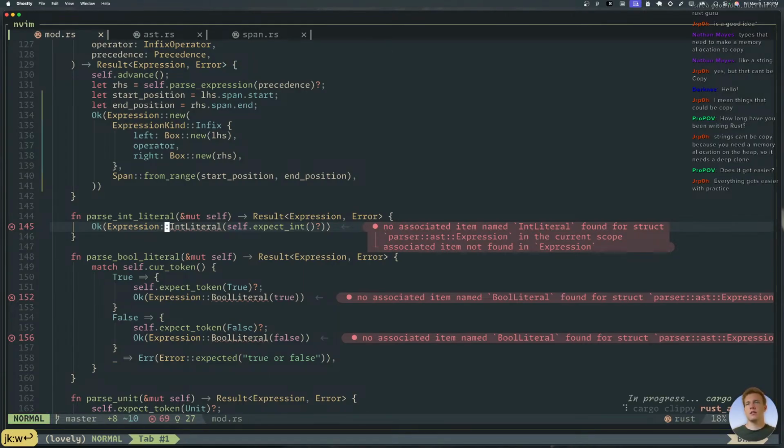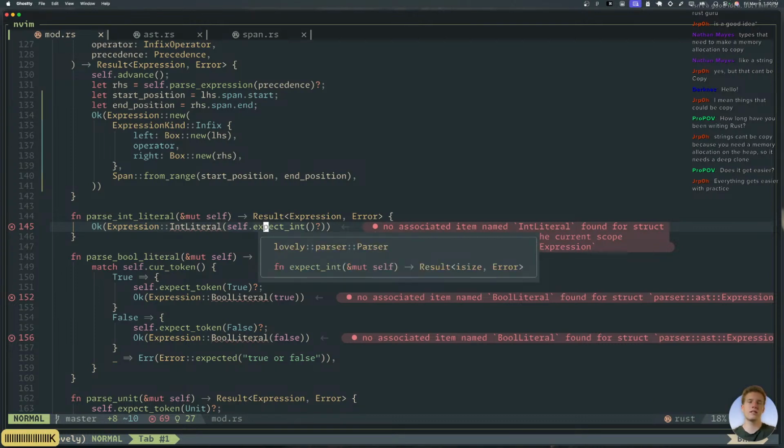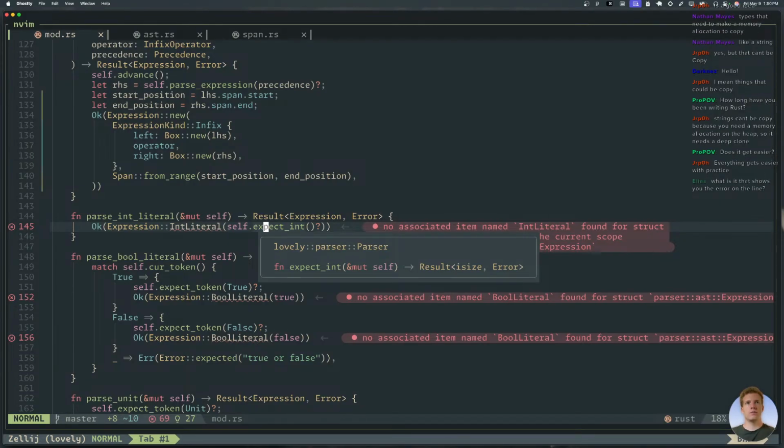Alright. So this posed a problem here: this expect int, all it's doing is returning the int value. It's not keeping that span. What do we want to do here?